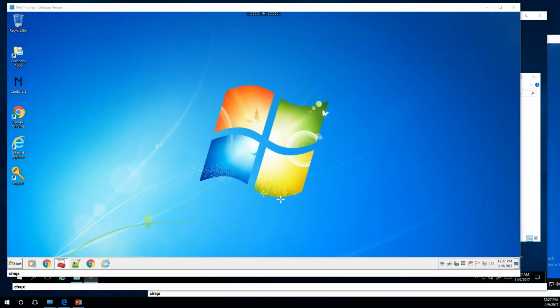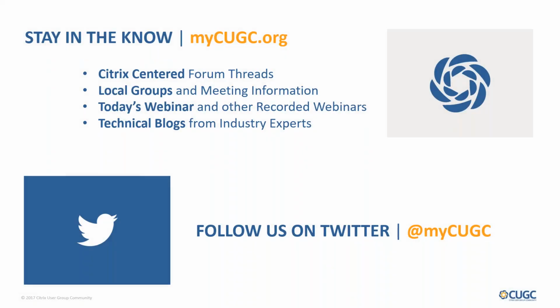Oh, for the question for multi-site WEM and single non-persistent images, how can we pre-cache? Ooh, good question. Well, when you actually cache, it caches down the entire config, all the sites. It does not cache down just the one site that you're a member of. So you can look at it that way. When a machine changes sites, it's going to have all the information in the database.